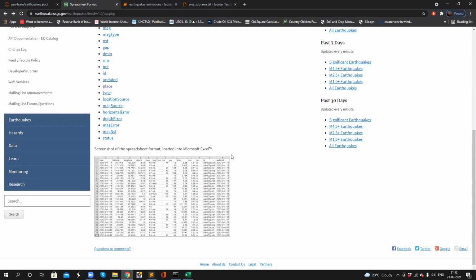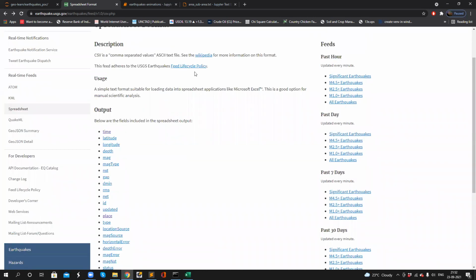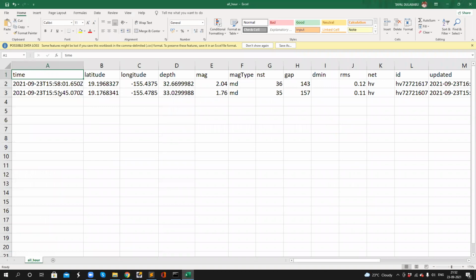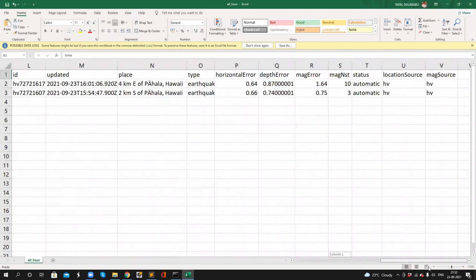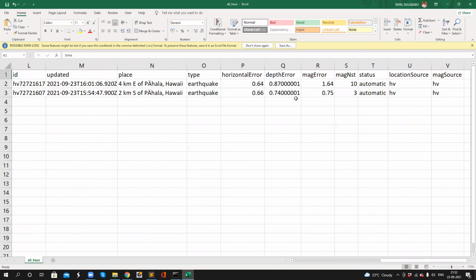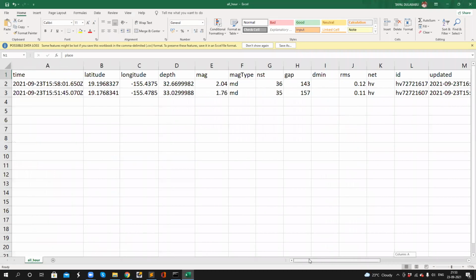You can also see the screenshot of the data, but I have downloaded this data on my local system, and we can see the format. We have time, latitude, longitude, and going sidewards we can see the columns. We have the place name, and yeah, this is the data.